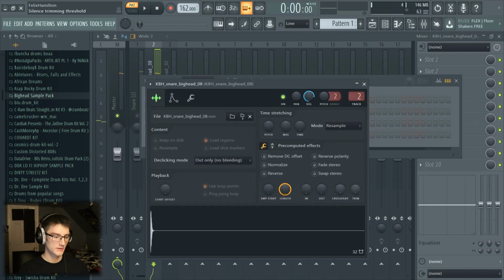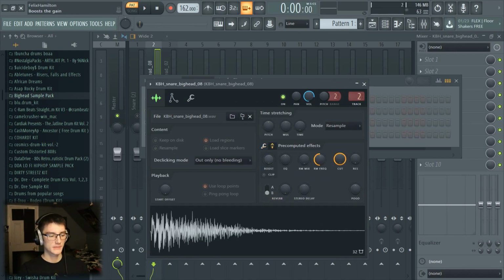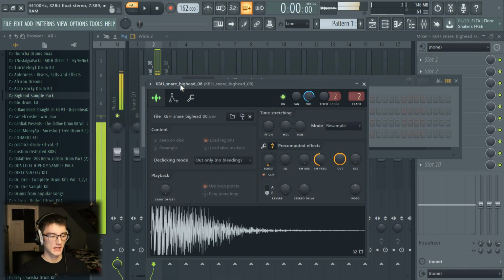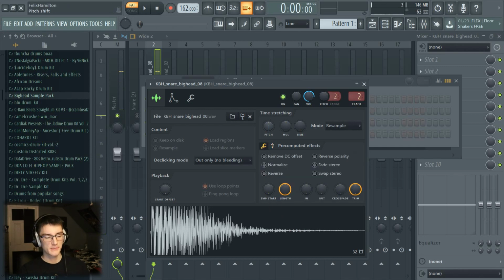This one I'm going to turn the trim way up because there's a lot of empty space. And then this one I'm gonna boost a lot because I like this sound. It's kind of like a weird slap noise. So I'm gonna put that as kind of the main sound. Then I'm gonna pitch it down